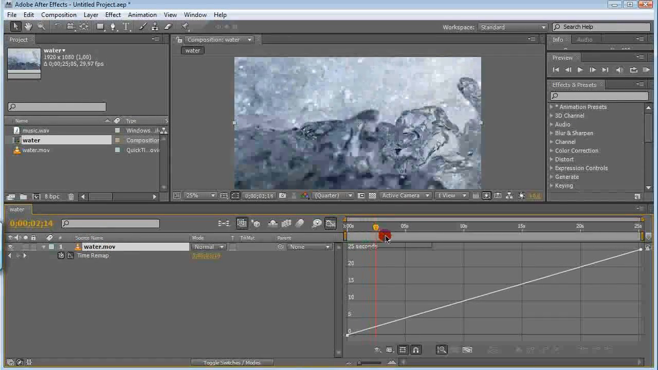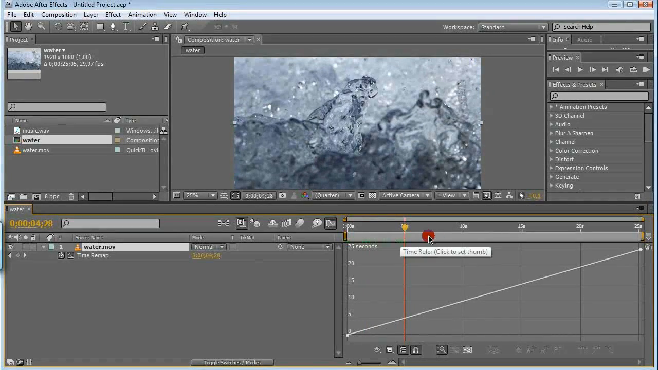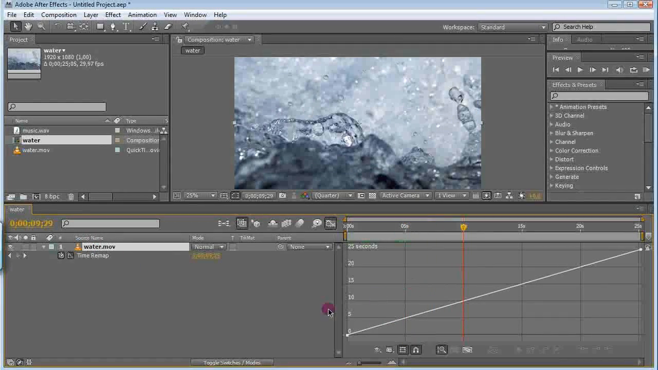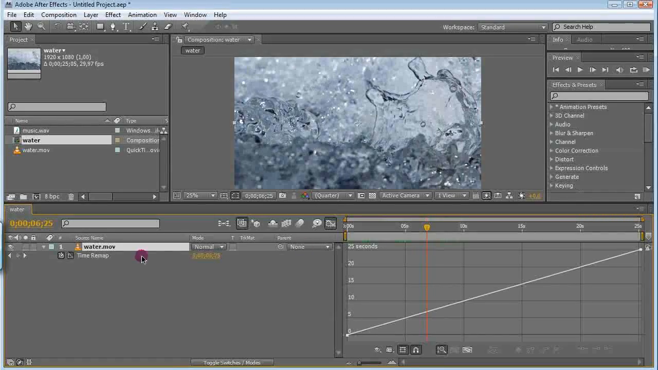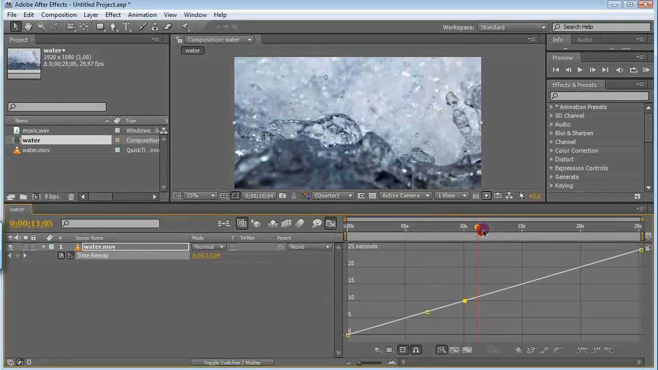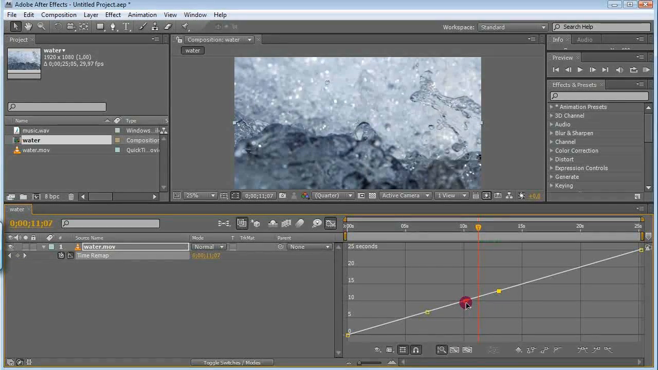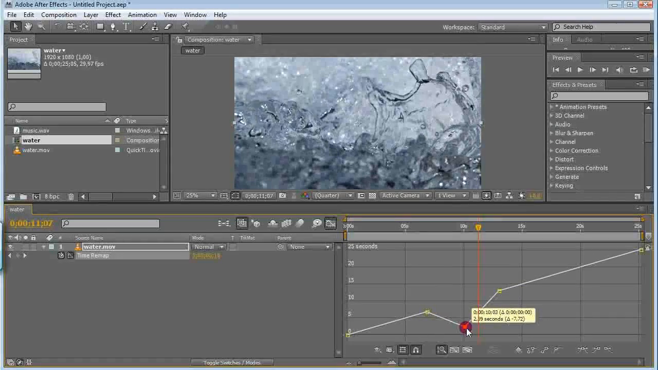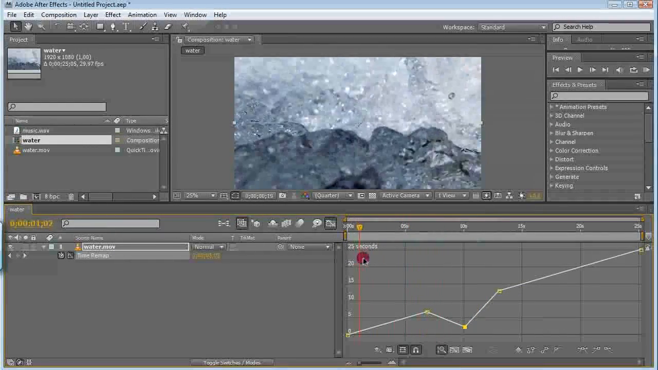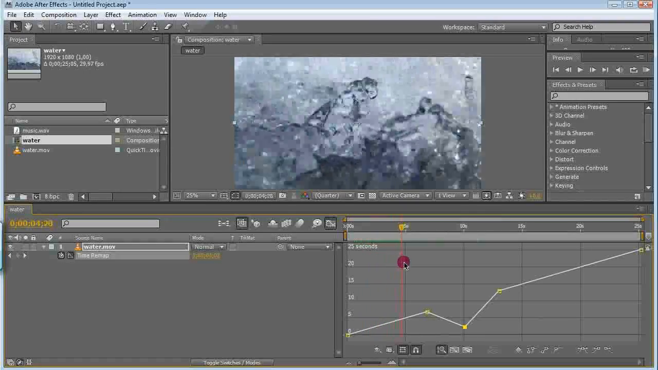So for instance, if I go to the 5th second of my comp, I can see that it's going to take the 5th second in my footage. And the 10th second will get the 10th second in the footage, and so on. So knowing that, all you have to do is, for example, create 3 keyframes. And if I just drag this key a little bit lower, it's going to play the footage at the correct speed, and then